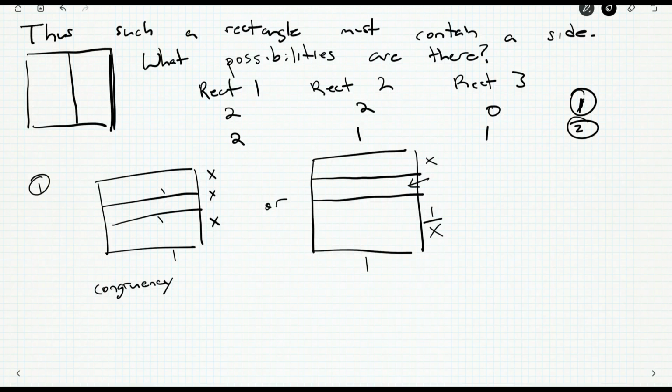But then this guy here, he's got to have a side. He's stuck. He's congruent to one of them. So that doesn't work. We could probably write this up a little neater, but the point is